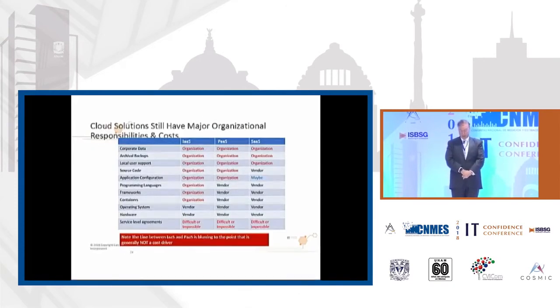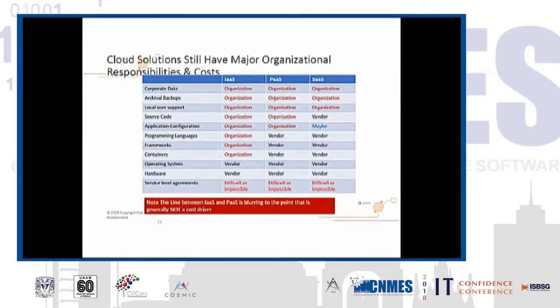Next slide, please. This is an eye chart. The bottom line of this slide is that the things in red are things that the corporation must take control of on a system. In infrastructure, all you get is an operating system and hardware, basically. Everything else is your problem. And by the way, with a service level agreement, you can't always guarantee uptime on the cloud as well as you can on your own systems. And you can see platform and software as a service, it gets less red, less things you've got to do, but it's still a lot of work.